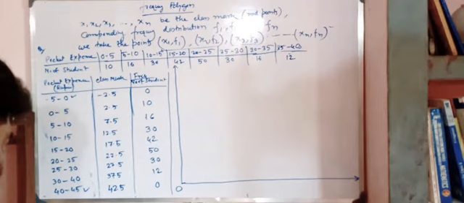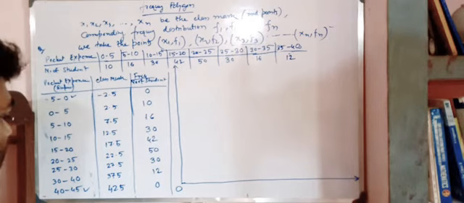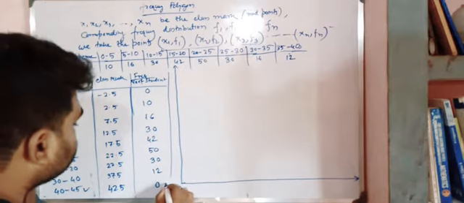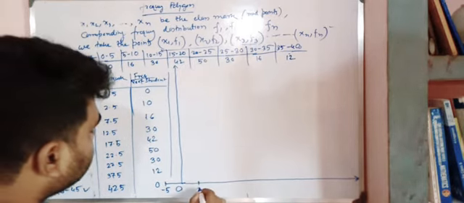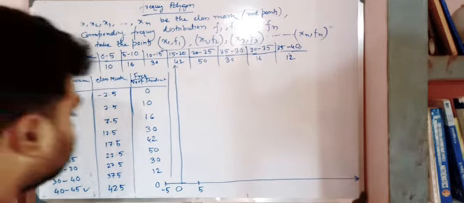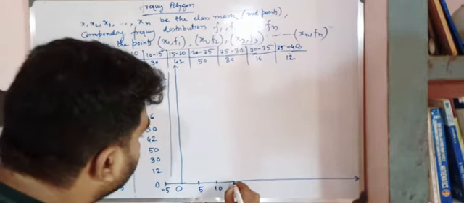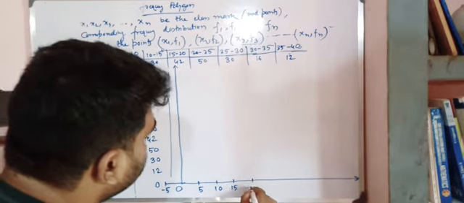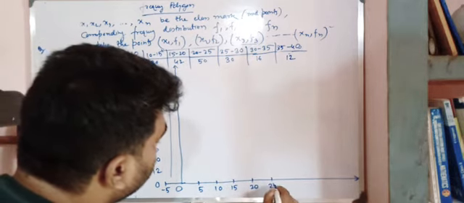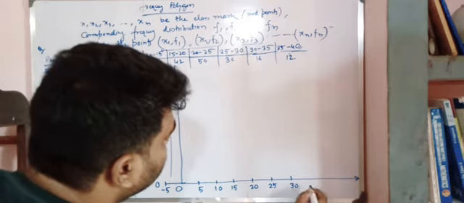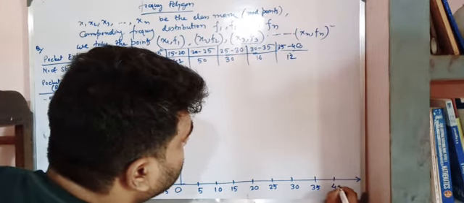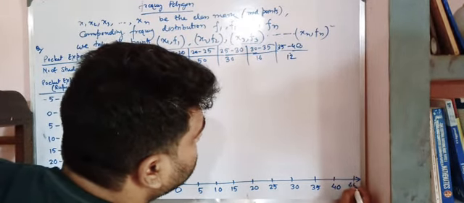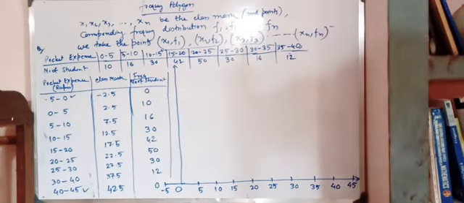Now I am taking this point as -5. So obviously this is +5, this is 10, this is 15, this is 20, this is 25, this is obviously 30, this is 35, this is 40, and this is 45. Hope you are able to see. Okay, next